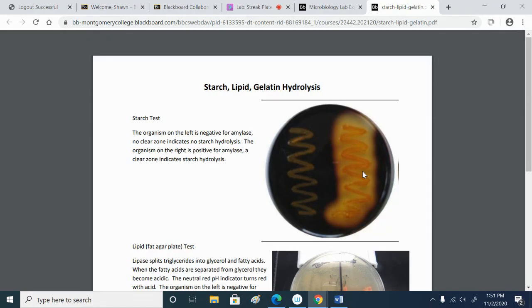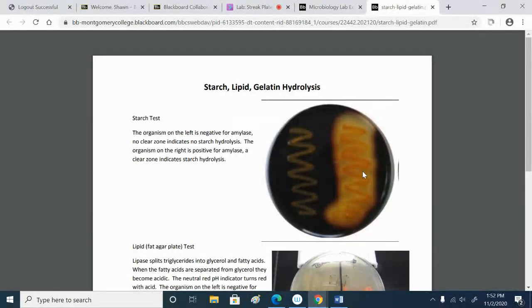So no surprise for E. coli. When it comes to Bacillus, either cereus or subtilis, they are amylase positive. Not a large zone like what we're seeing here, but there is a small zone around the Bacillus growth. And so Bacillus also does like to eat starch. In fact, it's very common for Bacillus cereus to be found on rice because rice is starch and Bacillus